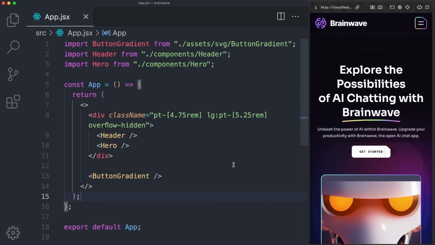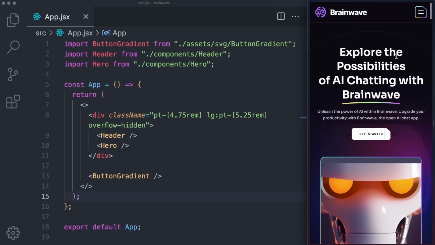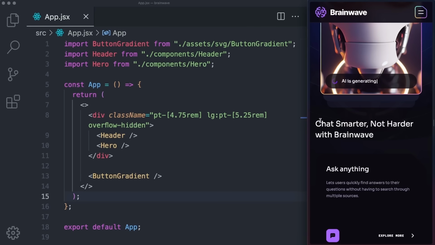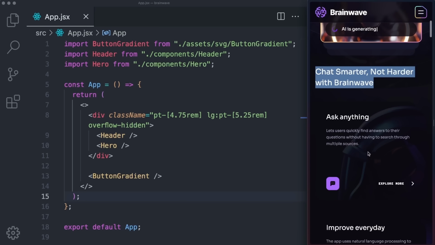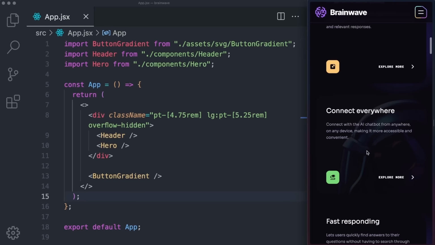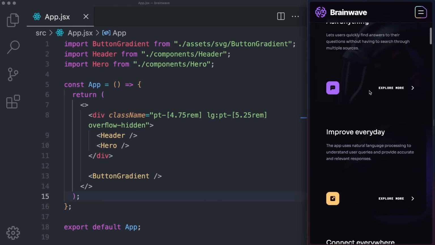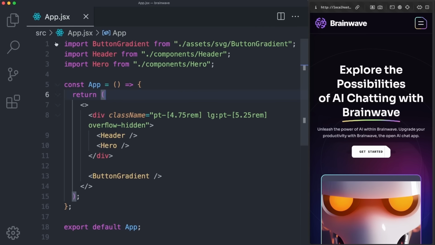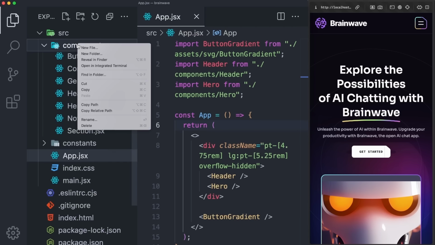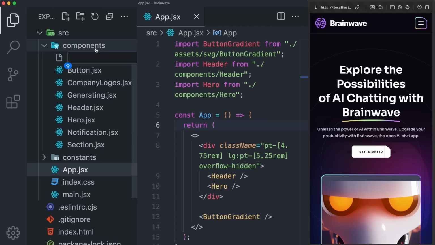But with that said, let's continue with the video. We want to focus on another big section of this video, which is the benefits section. So we want to add this tagline as well as these beautiful cards indicating different benefits of our application. So to implement it, we can create a new component within the components folder called